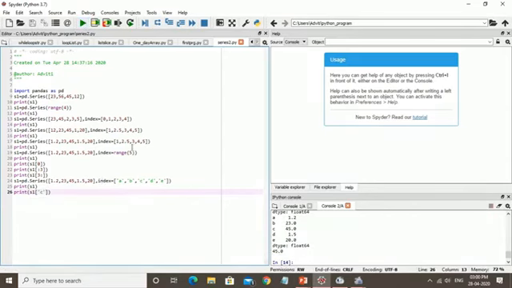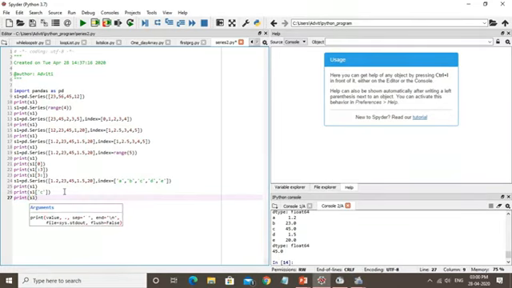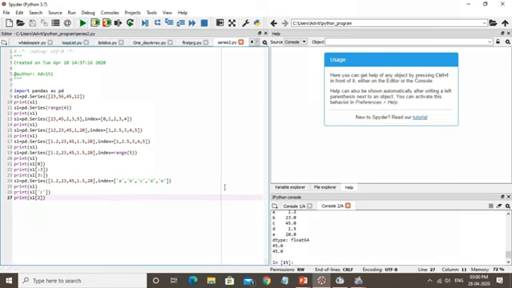It will display the element of index C. In the same manner I can use print S1, and now I am writing here 2 for the 0 index first and then the second index. Okay, fine. Now you can look at here, 45.